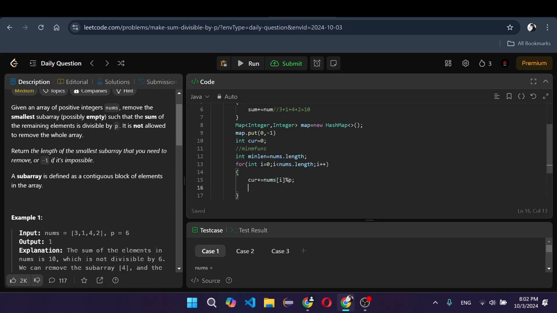Okay, now what should we do next? I think we should just create a temporary remainder, which is the needed one. So let's just create this as temp rem, which should be equal to, let me just use my paper. I think the value should be